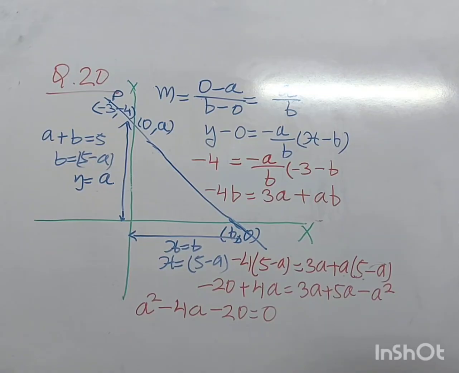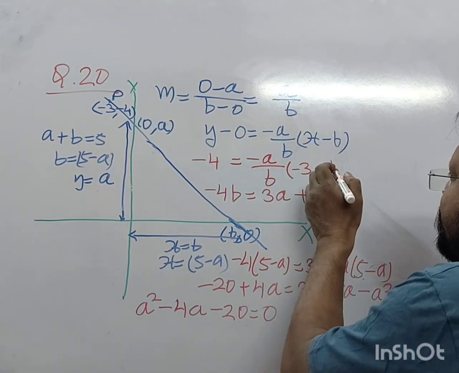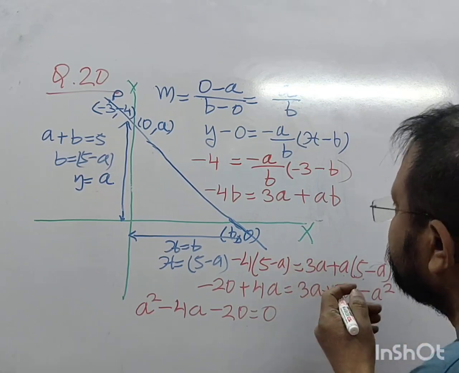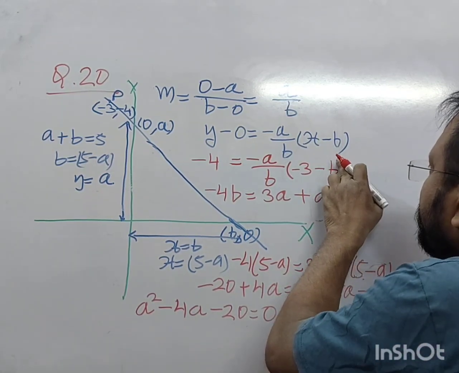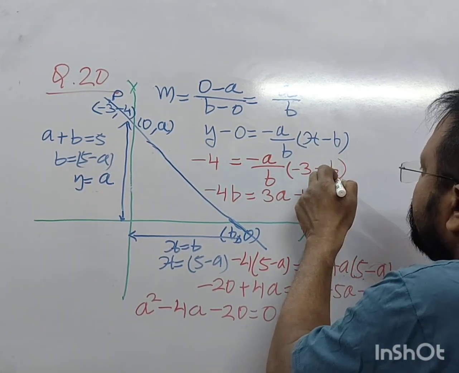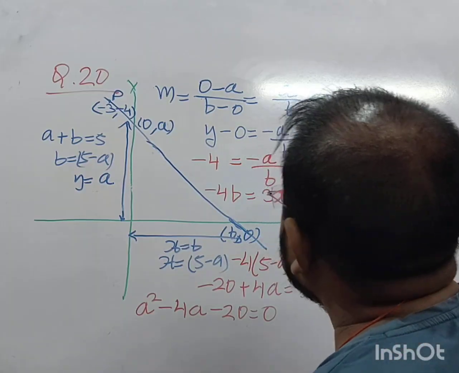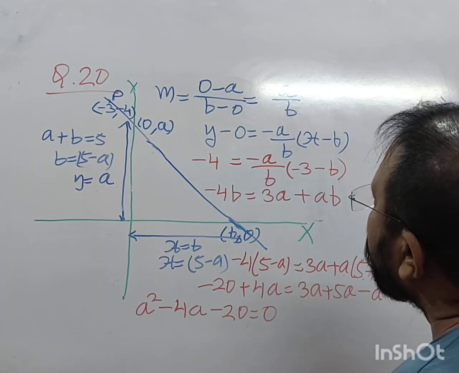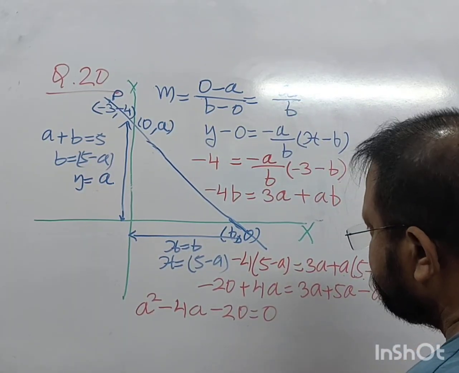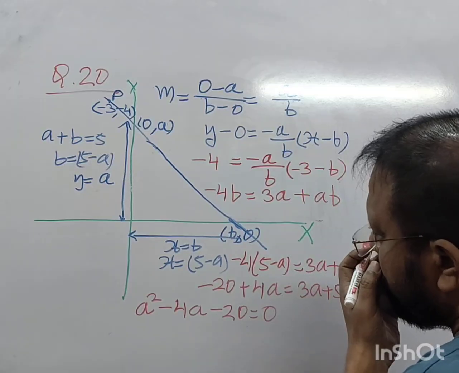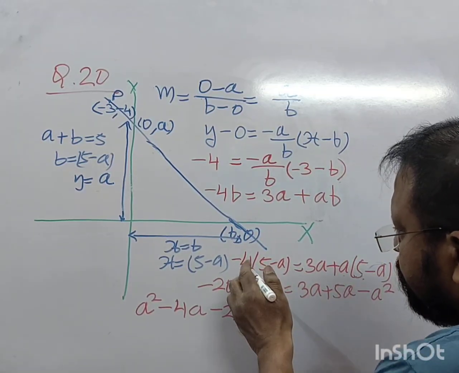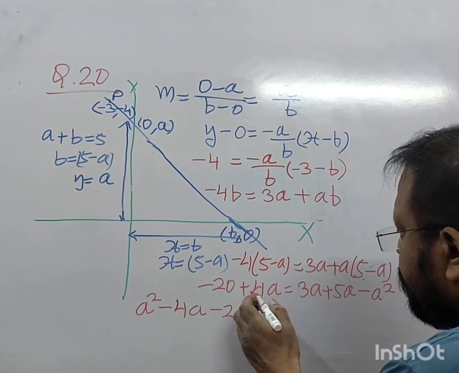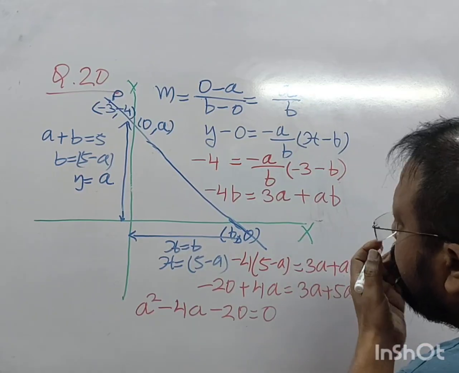What question you have chosen, man? This is like this brackets. It should be in bracket. -20 plus 4a. Then we have